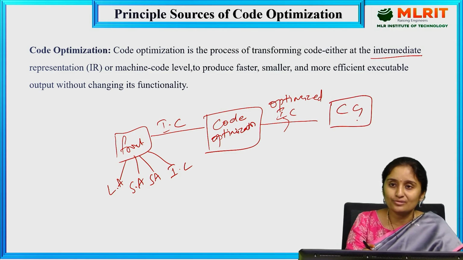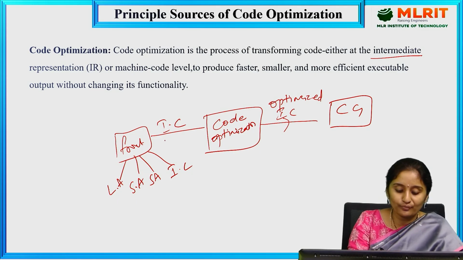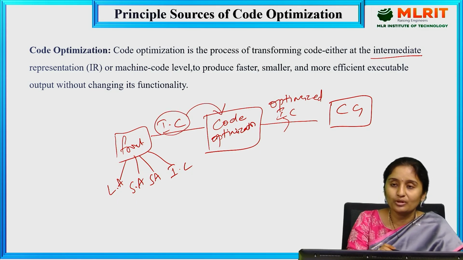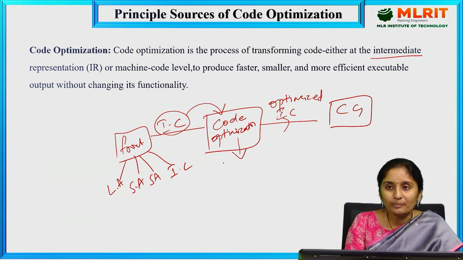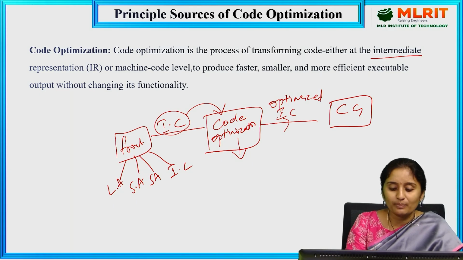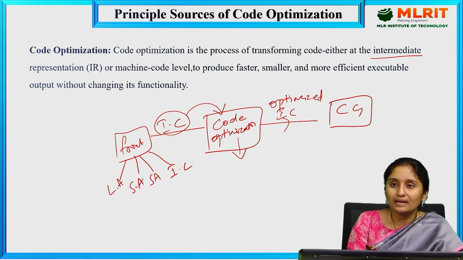So these are the phases of the compiler. Here we get the code from the intermediate code as the input to the code optimizer, and the code optimizer optimizes the code. How it optimizes is, it removes the unnecessary lines or the expressions which are repeated, and we reduce the lines of the code. By reducing the lines of the code, the program can be executed very fast, and it takes less memory.